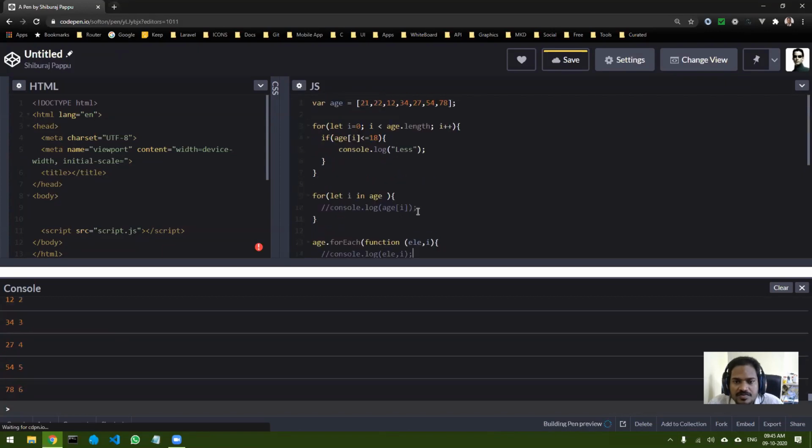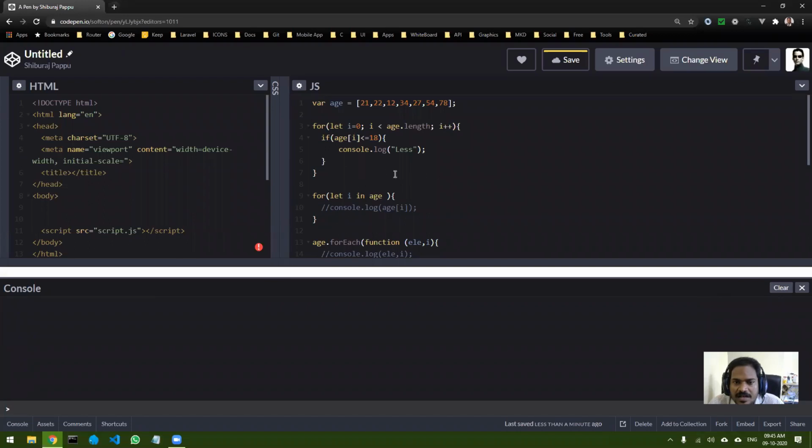Once this is done, let's try again. You can see I get less once. Let me clear everything and try it once more. Okay, so I'm getting this right.